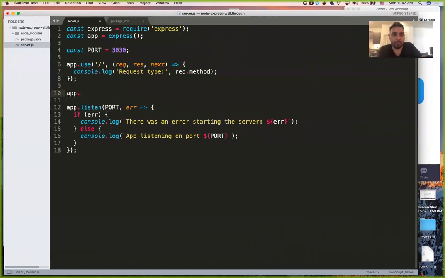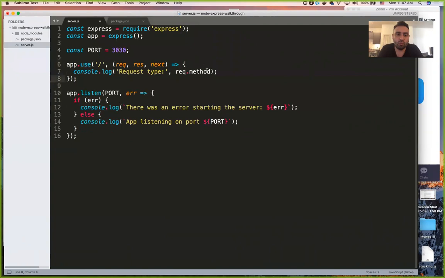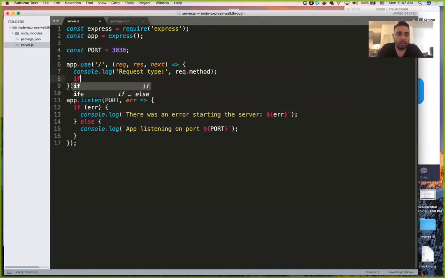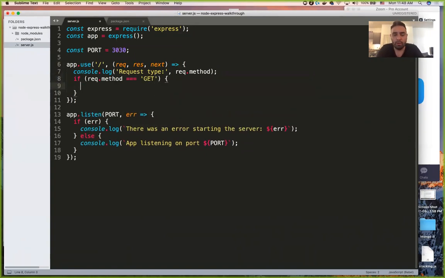Instead of looking at our method and saying, okay, instead of doing this, something like if req.method equals GET, right? Instead of handling them like that, we can use